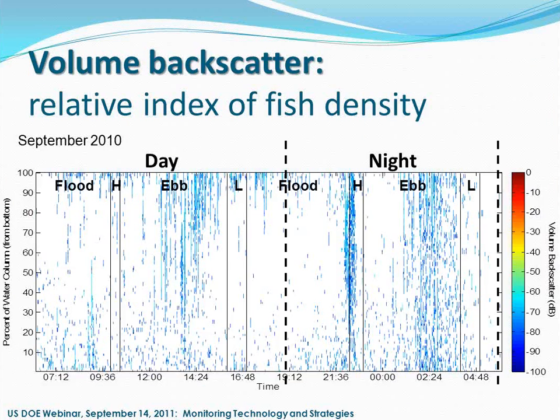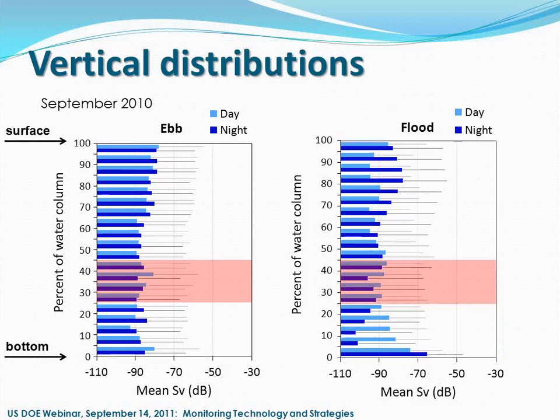And we're using volume backscatter, which is a relative index of fish density, and this slide gives you an idea of when, over a 24-hour period, we see the highest densities of fish. And again, at slack tide at night, you notice a relatively high density of fish. Next. And then we take these and we can actually look at these in terms of vertical distributions of fish